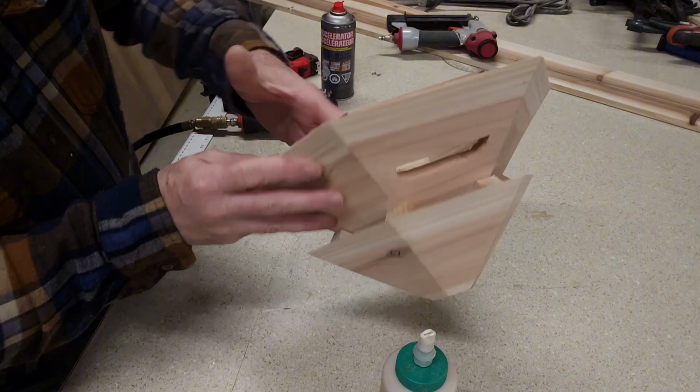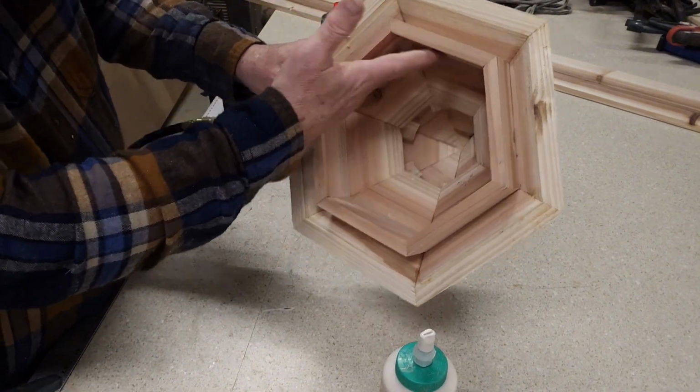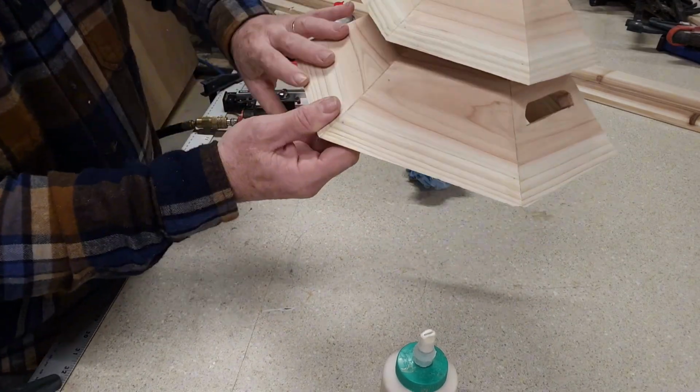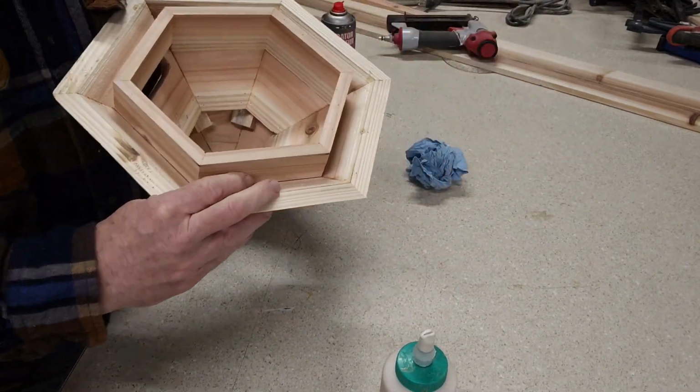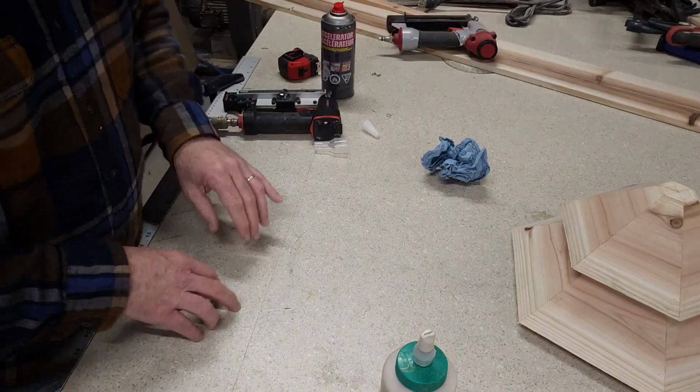So, with the glue set up a little bit, what we'll do is go through and stain. I'll stain the inside and the outside of the roof. I'm not going to stain this yet because we're going to glue our posts into here. So in the meantime,